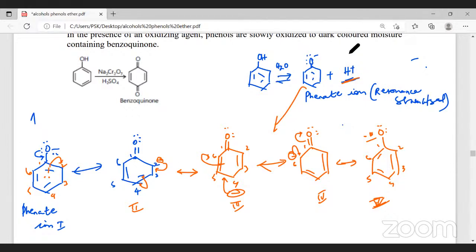So acidity is because of the presence of H plus ions, right? We know that pH is the negative logarithm to the base 10 of H plus ions. That is why phenols are stronger. Now, alcohols are weaker than water. Water is weaker than phenol, and phenol